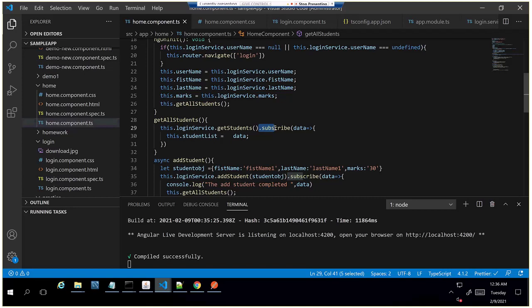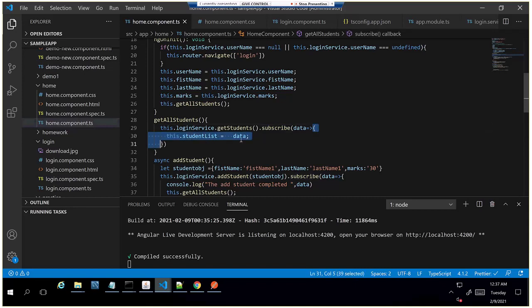Actually, what this subscribe will do is, whenever we make any REST API call, once we get the response from this REST API, we are subscribing to that. So whenever we get the response, it will execute the statements inside these braces.